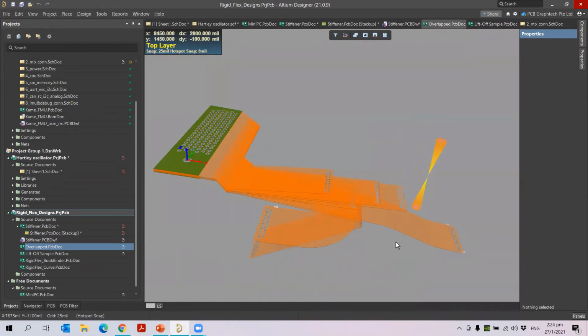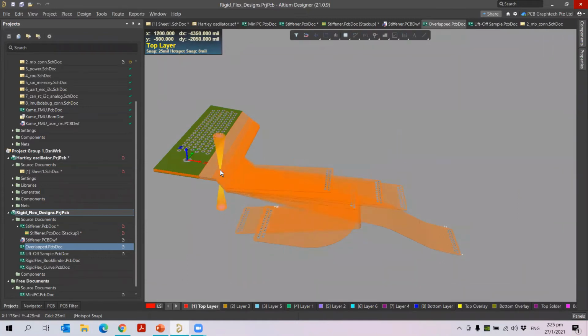So you can see how nicely your board is bent here. Based on the bending lines, you will see this region is the overlapping region, and based on that, you can see the nice bending of each region of your board. This is possible based on the bending lines as well as the priority of the regions. Based on the priority, the one with the highest priority number will go first. Okay, so this is about your overlapped regions.